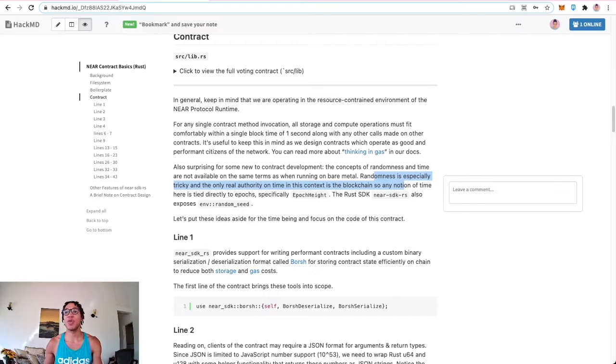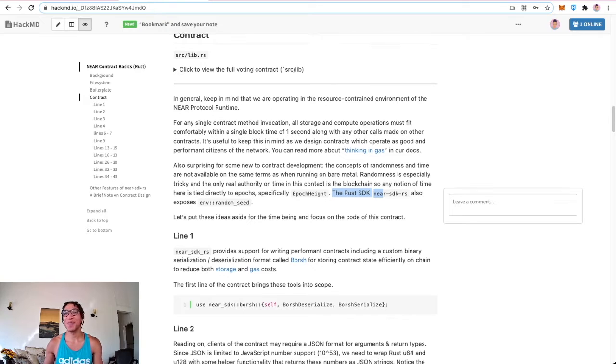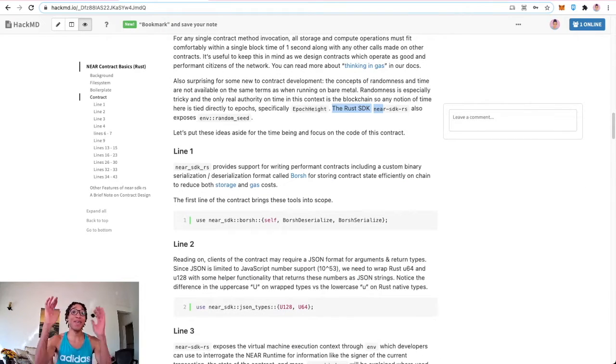So, you know, you have the Rust SDK, near-sdk-rs, which also exposes env::random_seed. It allows you to generate a random seed from the Near SDK. But you can get into that more as you go through the SDK. So line 1, all that information about developing on Rust, and we haven't even gotten to